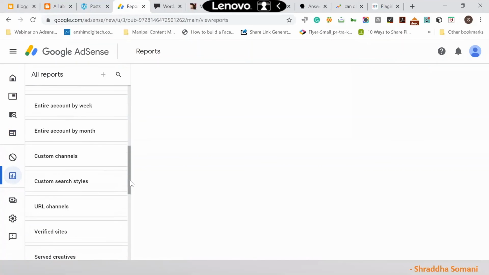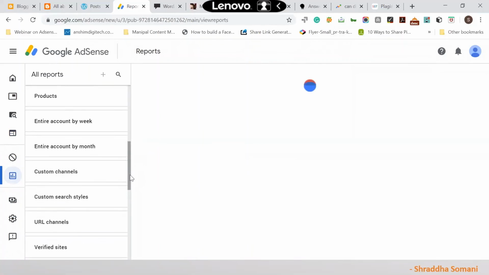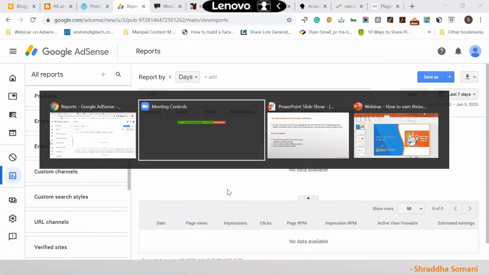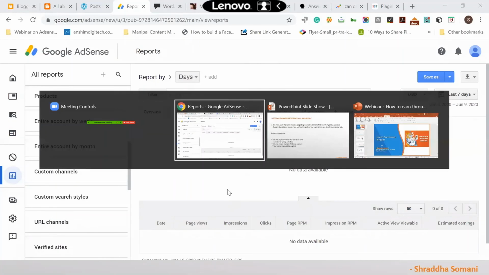So you can see how much you have earned by week, by month, all that you can see. Estimated earnings is one of the columns where you can see how much you have earned. Once you have earned $100, Google will automatically do the payment. Okay, so I hope that clears your doubt.